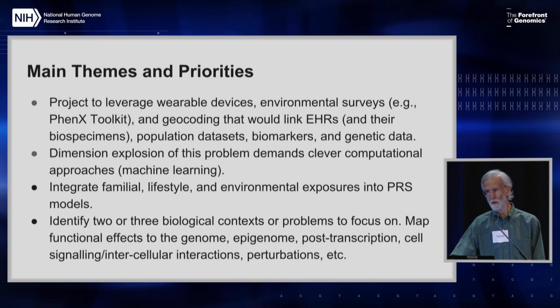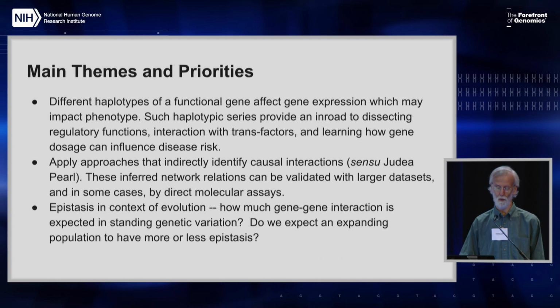is just too much. We're not going to be able to make progress at such high dimension. Let's instead focus on a few much more focused problems of specific disease phenotype, specific restricted set of gene regulatory networks, and really dissect them in much greater detail. So that was one idea that was floated. It's not like we voted on these, but that was one that obviously we could make progress that way.